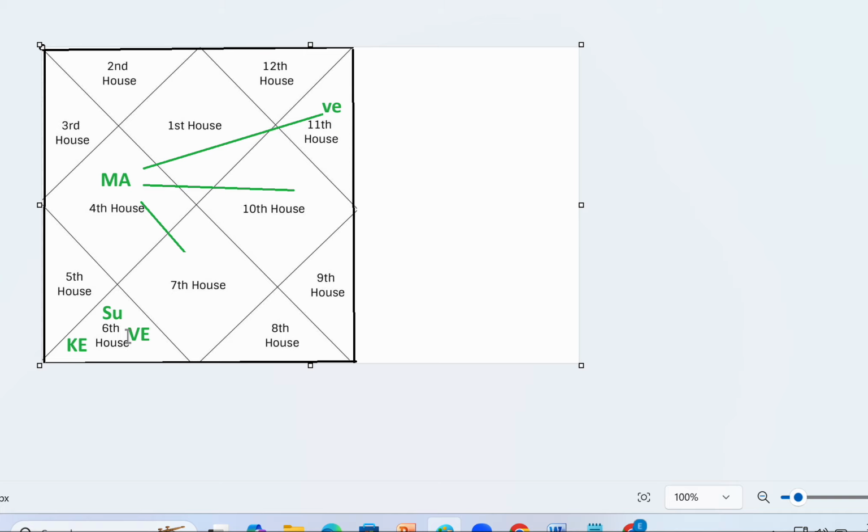Okay? Now the result will come based on debilitation, enemy sign. That you check qualitatively, from the chart. See that here, in the sixth house, Venus is debilitated, so as Kiran Garu asked, if it is in Sun Dasha or Ketu Dasha or Venus Dasha, all will be giving us the malefic result. Due to Venus, it is debilitated, and also the sixth house. Now, the sixth house is also a malefic house, and over that the planet is debilitated.